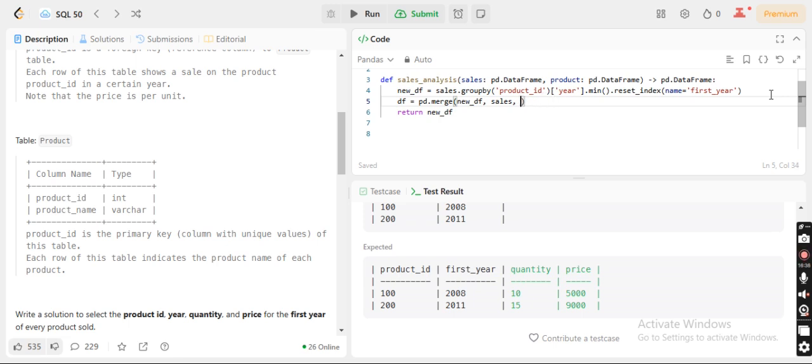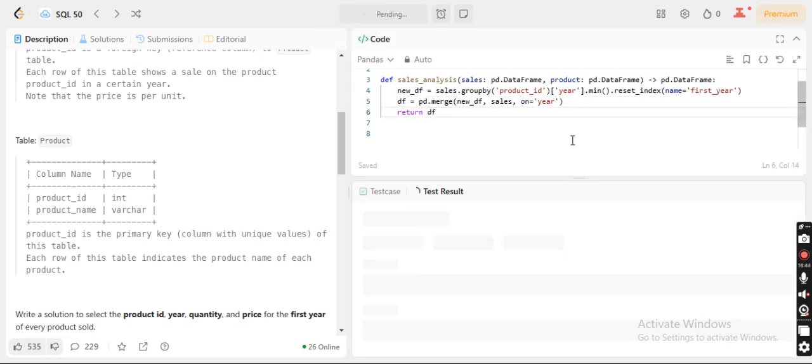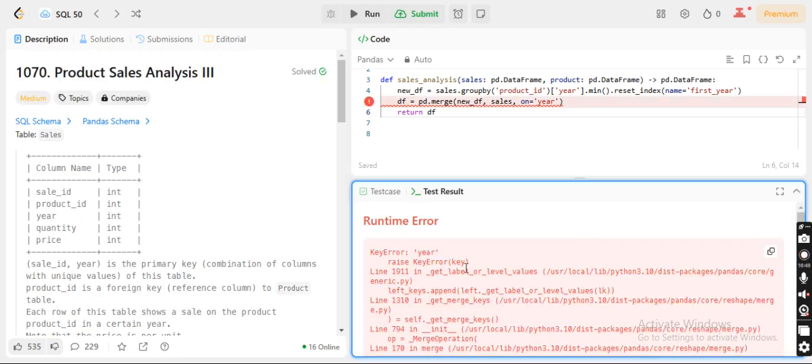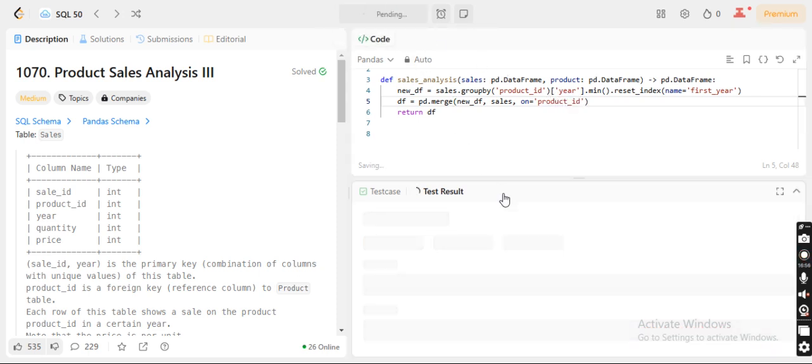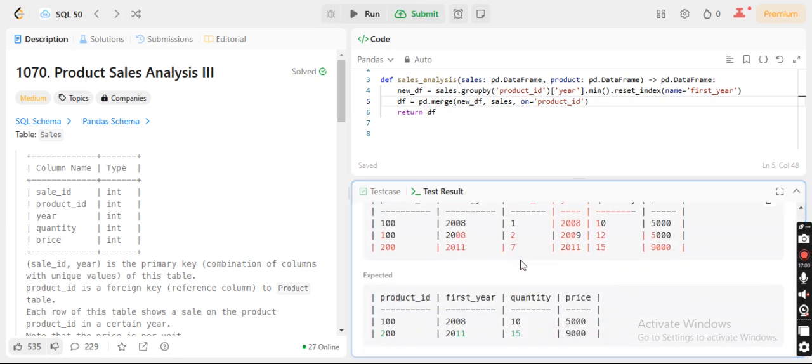Let me just do this thing. No, simple. If I just take on here and df, what will I get now? Okay, if I just do it on product ID, which is the common column, so what will I get?